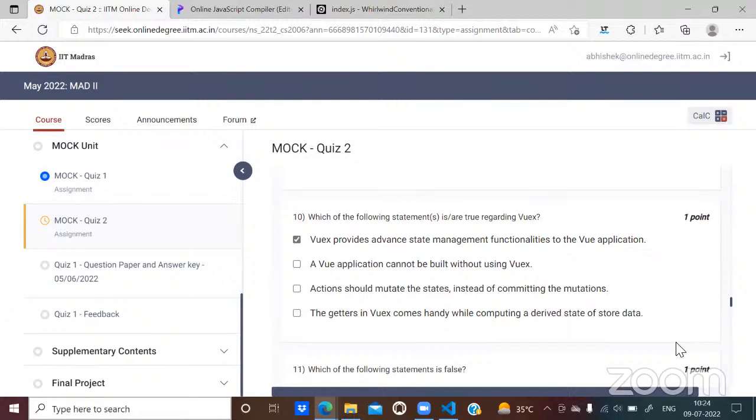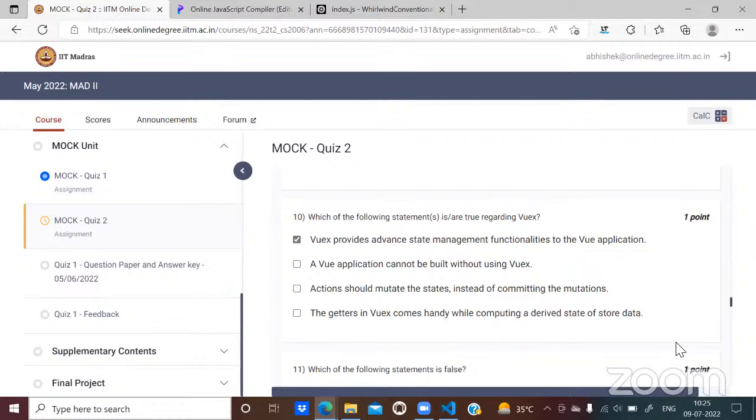I mean, now these options are usually very confusing in exams, especially these multi-option questions, right? Sometimes we put emphasis on each and every word. Advanced state management is going to be a subset of state management. May not be, right? Some system can provide only state management, maybe advanced features are not. Advanced features are always additives. They may not be part of the main system. Like additional features. But as Vuex has mutation property, so we can call this advanced, because it has mutation property and time tracking and all these things.